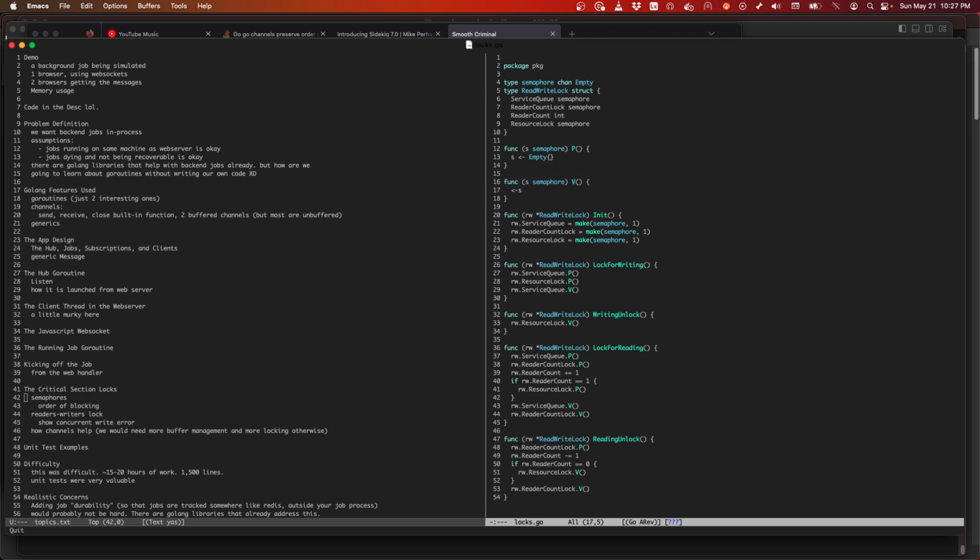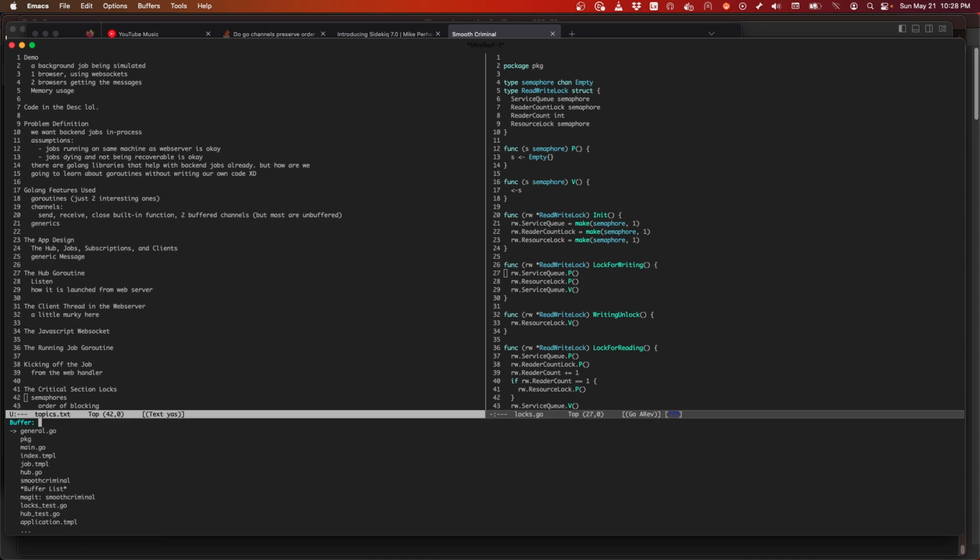So on the way out, we're gonna pop off the semaphore. That's gonna let the next person in line get in because they're blocked here, and that's our semaphore. There's also a read-write lock. I have 3 semaphores in this lock, and if we go and look at how this is used, what